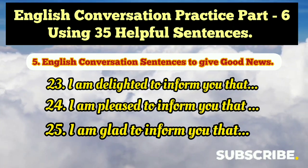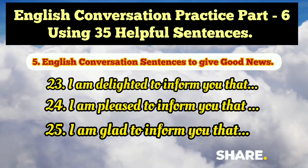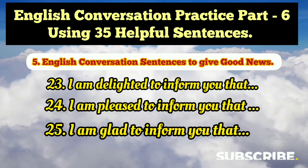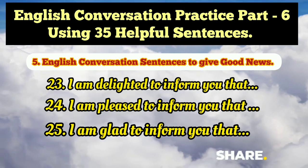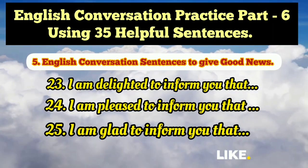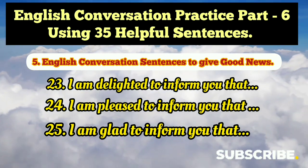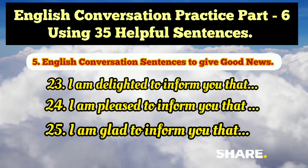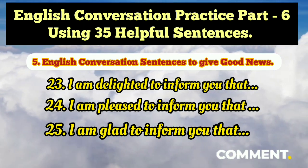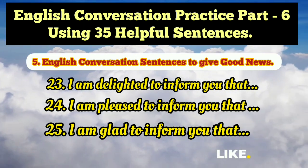I'm glad to inform you that you are promoted. So this way you can give good news. You can speak to someone like this, and while writing you can use all these sentences also: I'm delighted to inform you that, or I'm pleased to inform you that, or I'm glad to inform you that. All these sentences are applicable in spoken English, and you can use them for writing